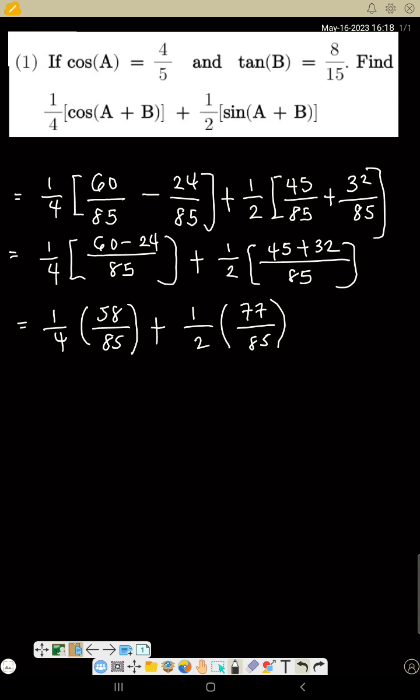So this is the same thing as 2 here 2, 2 here 29. So this is 29 over 85, plus,